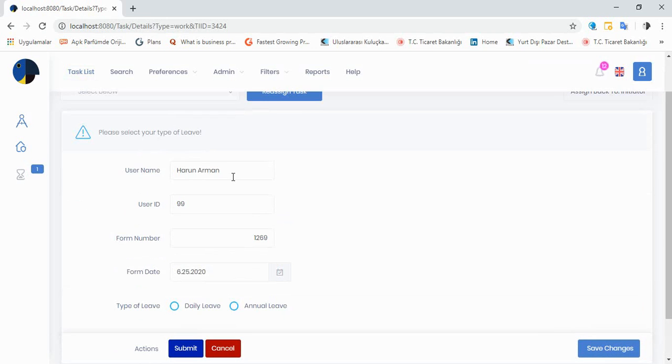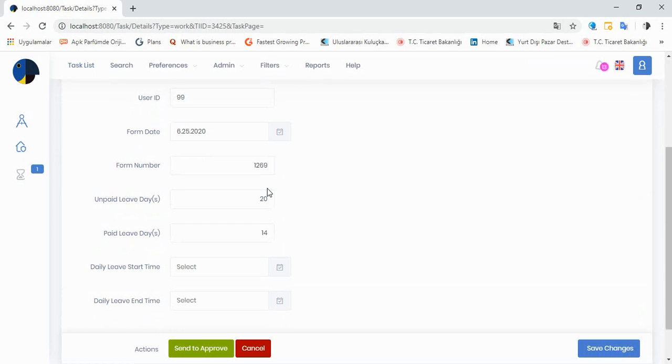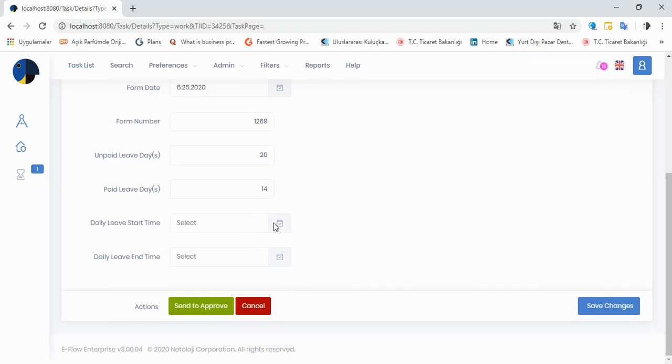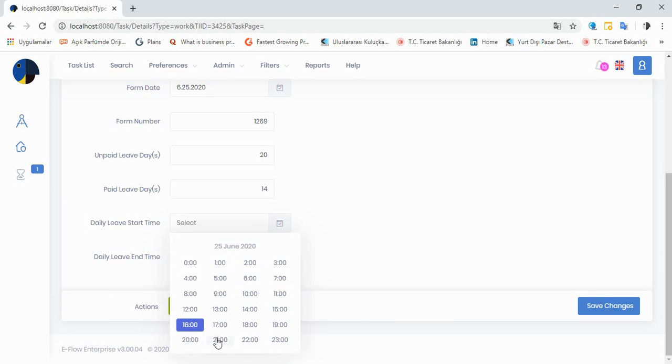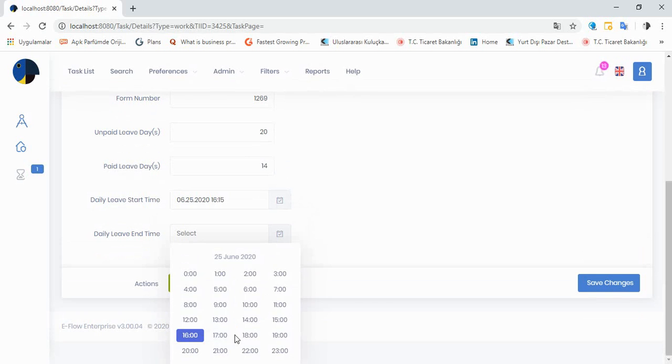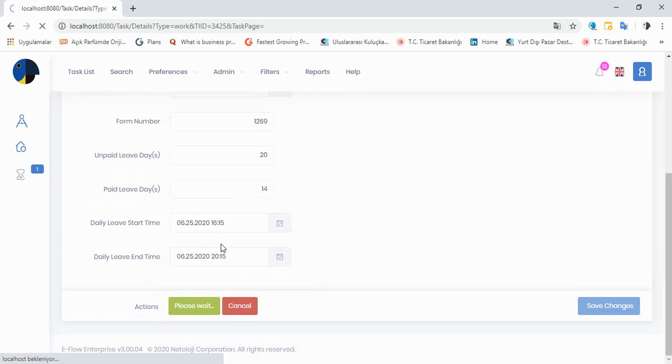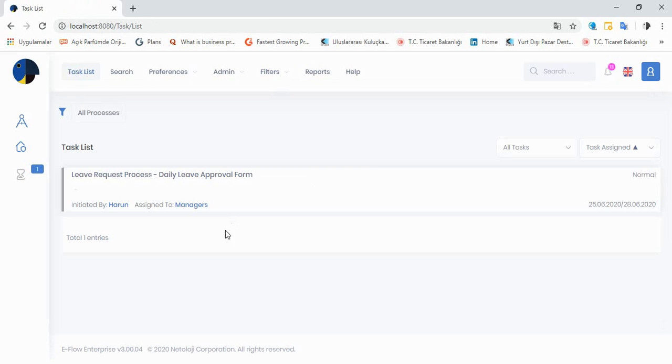Okay, so this is the first form. Please select your type of leave. It will be daily leave. And this is the unpaid leave days I have. This is the paid leave days I have. And I have to select, I want to take the rest of the day off, and it will be until the evening, let's say. And I send this request to approval, and it is sent to the managers leave request process